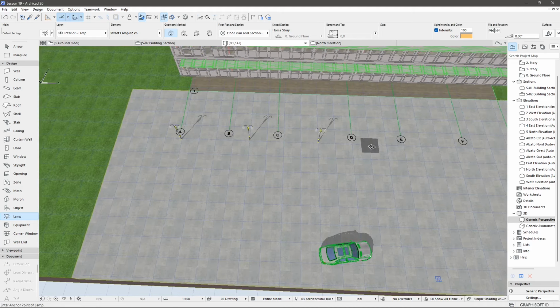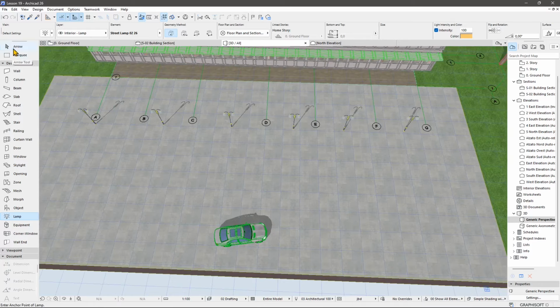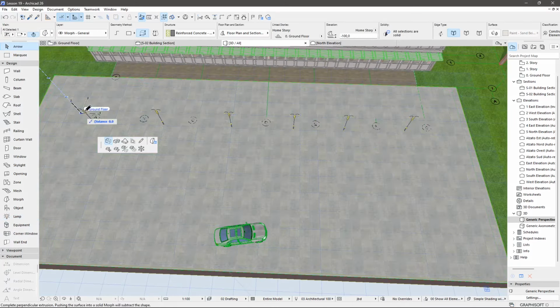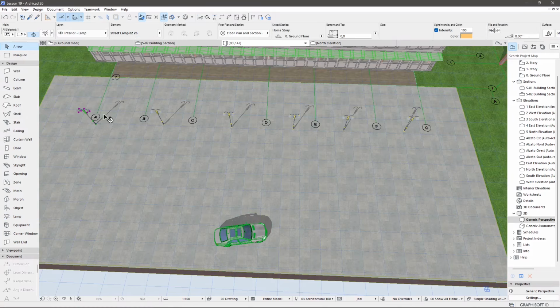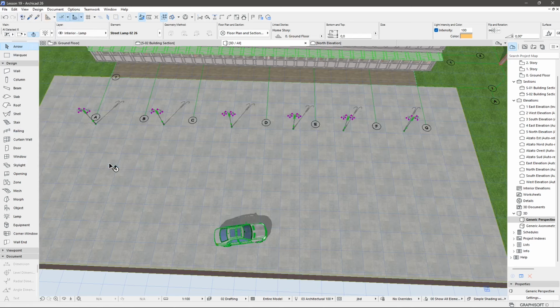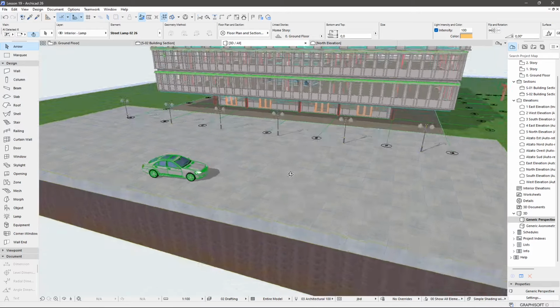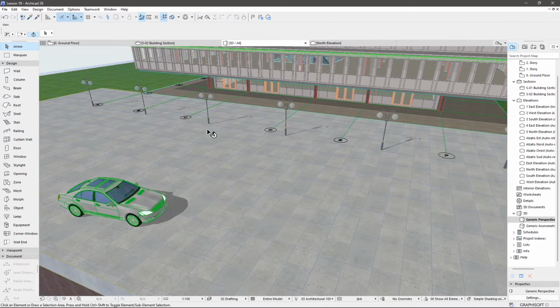I can follow the grid there. So just to be real quick, I'm going to move forward like that. And always remember that you can arrange them a second time with the alignment tools. So I'm going to go here to Edit, Align, and do a vertical center. And then let's also distribute them along the X in this case, so they will look a little bit more even. And